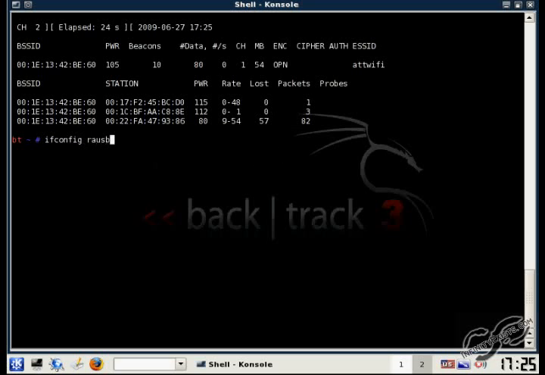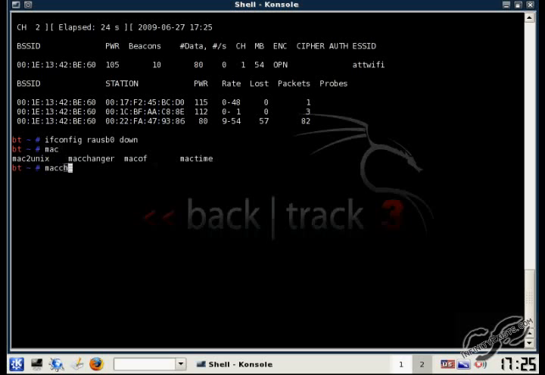Alright, now that we've got the MAC address of an active client on the network, we're going to want to change our MAC address to their MAC address. But first we're going to change our wireless network interface back to managed mode. For us, we're having some problems just turning it straight back, so if you're using a USB dongle, the best way is just to unplug it and plug it back in. But once you get that back up into managed mode,